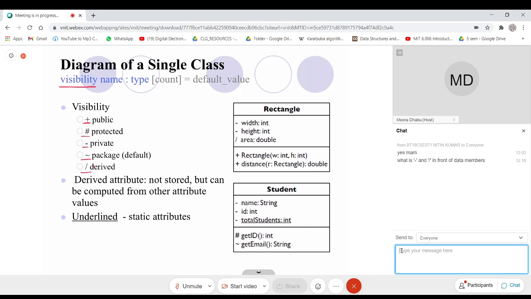And if any field is a static field, that is denoted by underlining that variable. So assume that here, if I put an underline below the area, automatically